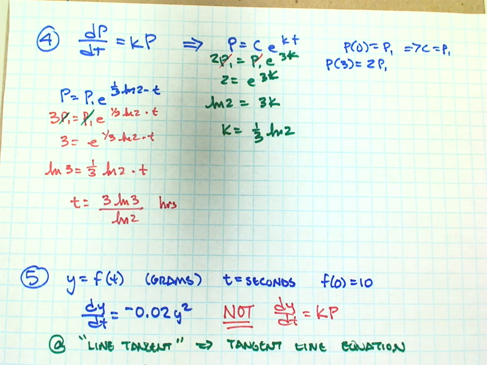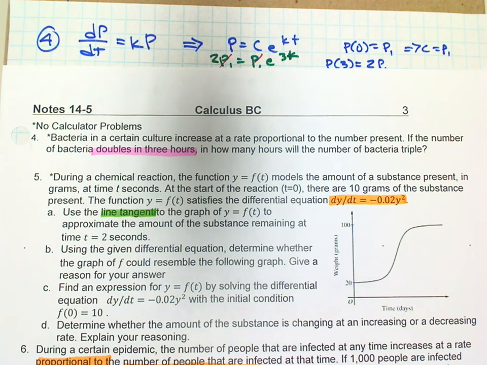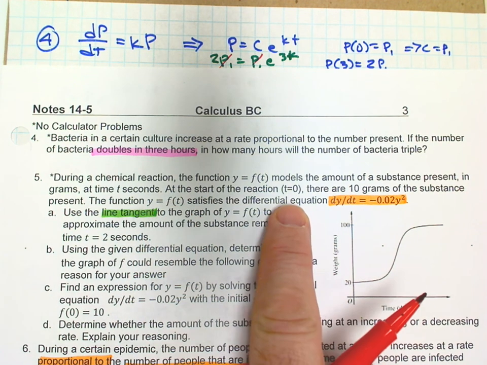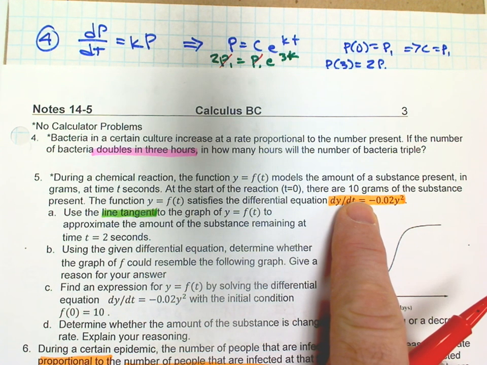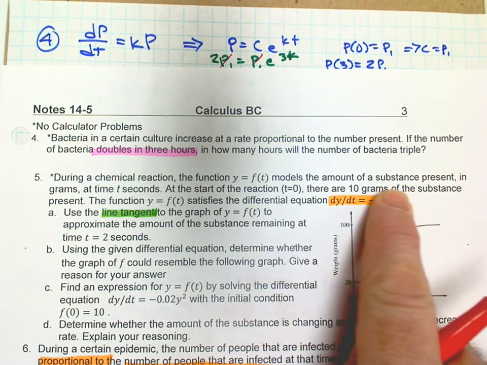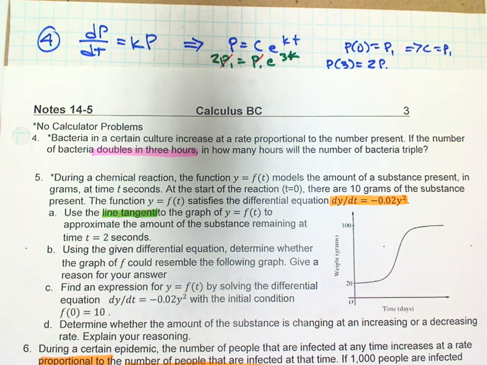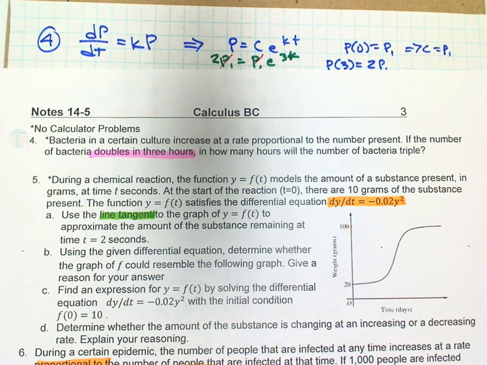Let's go ahead and take a look at our next problem. And this says during a chemical reaction, the function given by y equals f of t models the substance present in grams, and at the start of the reaction we have 10 grams of the substance, okay? And it's modeled by this differential equation. First thing it says is let's just go ahead and use a tangent line to approximate the amount of the substance after t